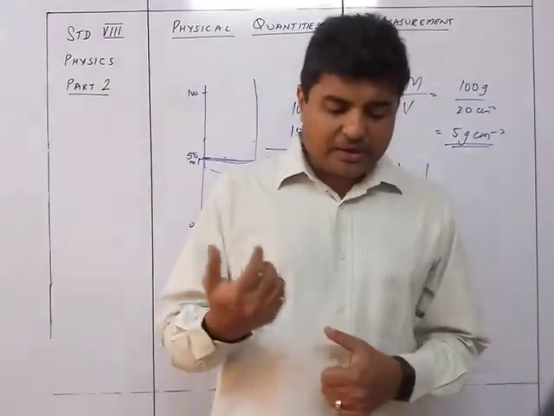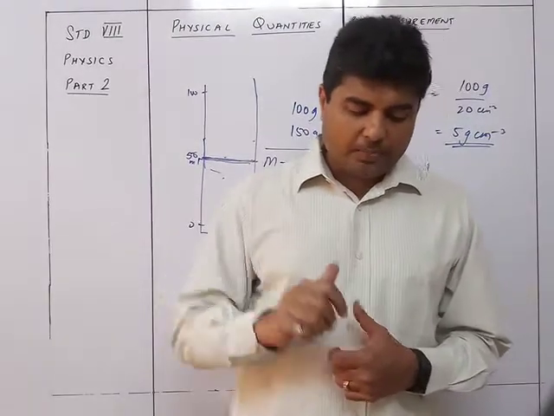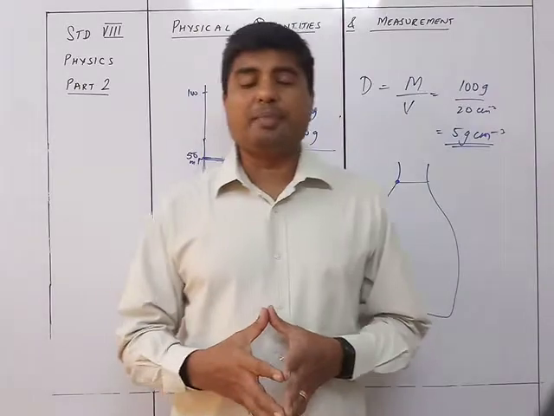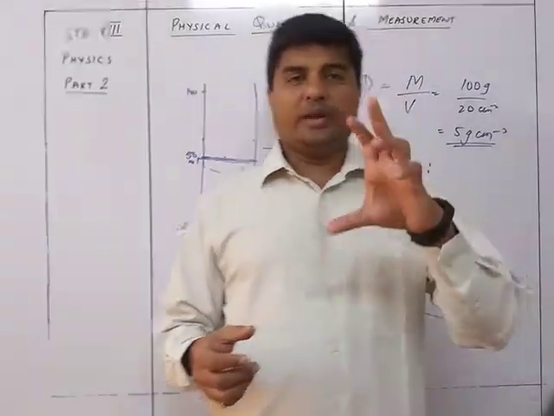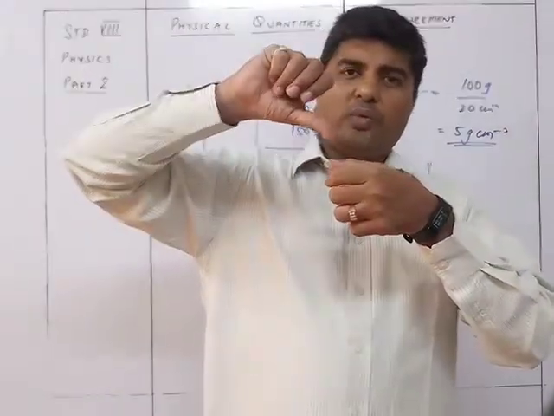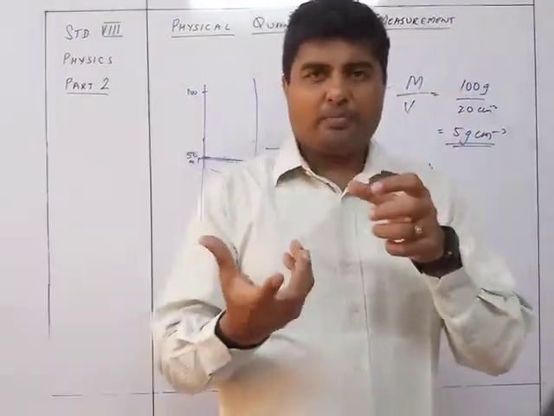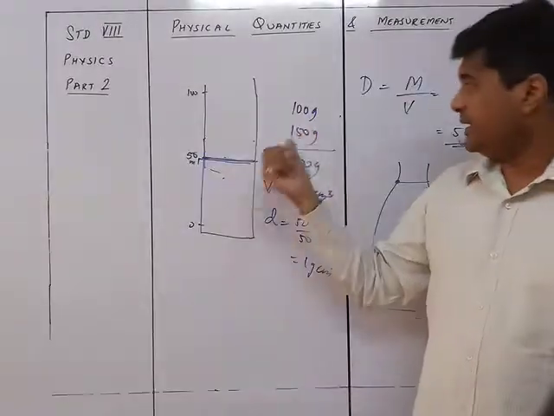Remove the stopper of the bottle and fill it with water. Replace the stopper, wipe the outside of the bottle dry. Measure its mass again, let the mass be M2. So what we did, we took that bottle, filled it with the liquid we want, capped it again, wiped it from outside and then placed it again on the balance.